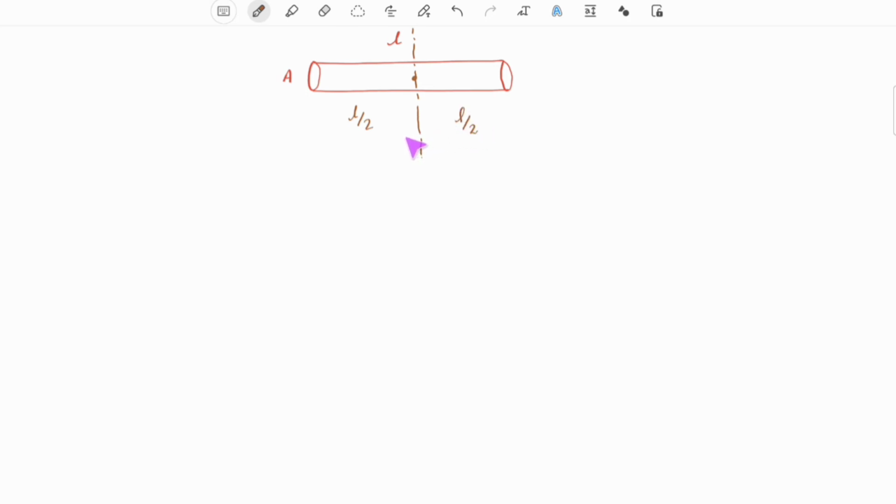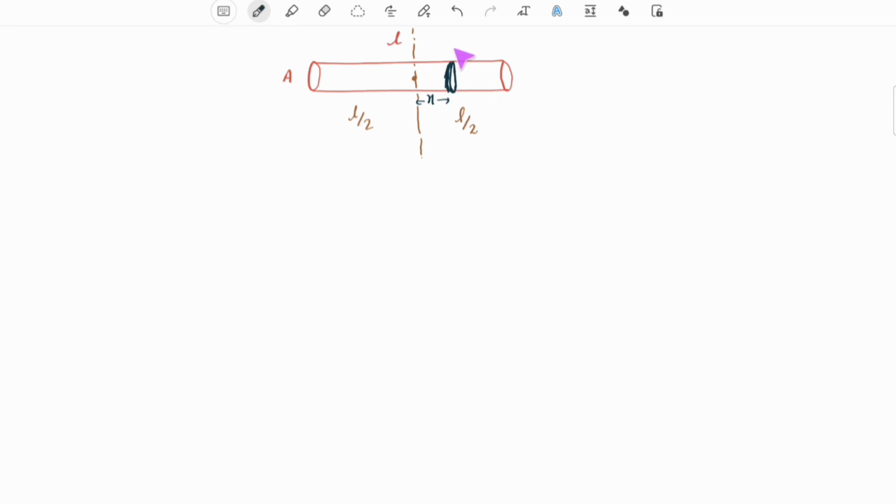We would derive the formula using the conventional definition of the moment of inertia for the body, which is the sum of the individual moments of inertia of each particle of the cylinder. So for this purpose, we assume a very thin cross section of the cylinder. It is so thin that we can ignore its thickness. So this is the very thin cross section of the cylinder. We assume it is located at a distance of x from the center.